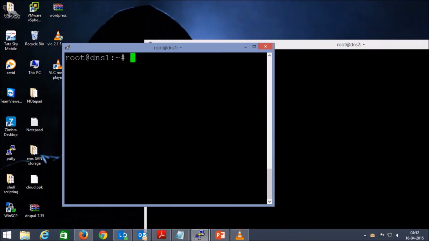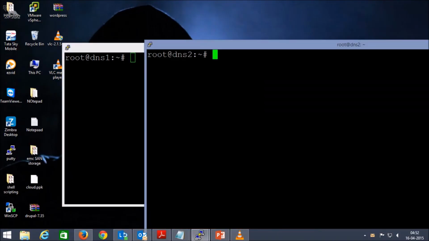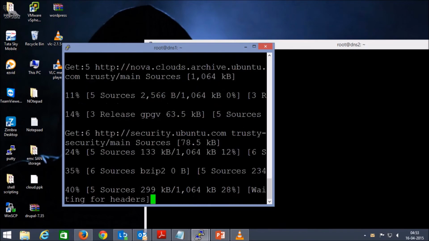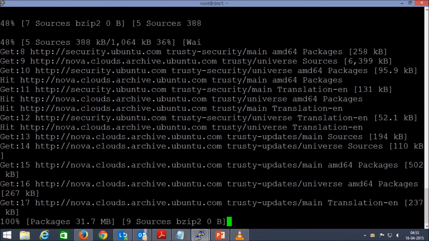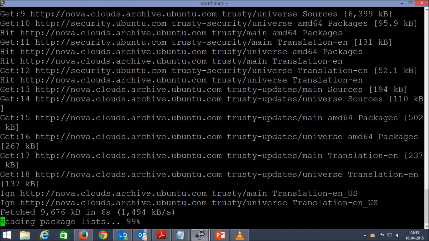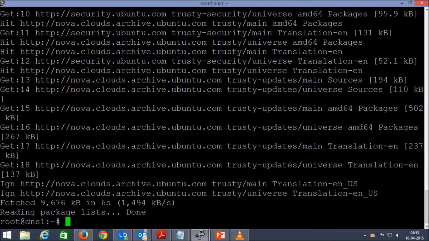So I have DNS1 and DNS2, two Ubuntu VPS having the IPs 100 and 103. Now the same practice I am doing here. apt-get update, apt-get install bind9 and dnsutils.